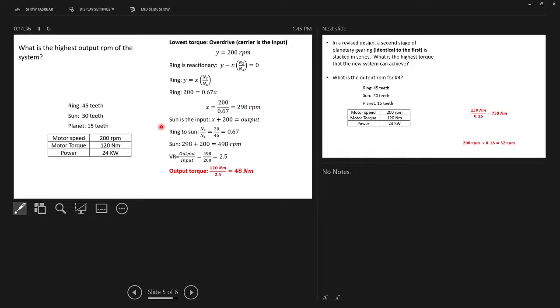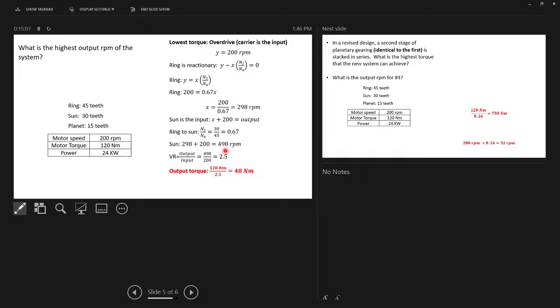So if we want to know what the sun is, the sun's rotation is going to be x plus 200, which is the output, and that means it's going to be 498 RPM. Now in this case, the velocity ratio, which is output over input, is 498 over 200, so it comes out to about 2.5. So the output torque in this system is going to be 48 Newton meters,